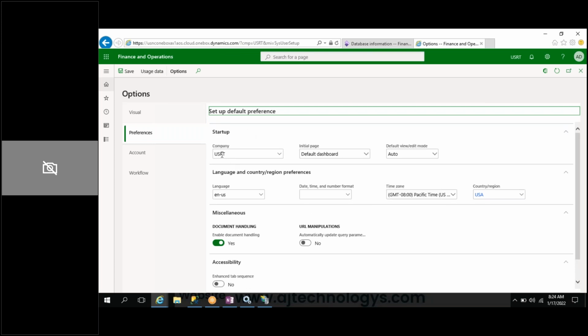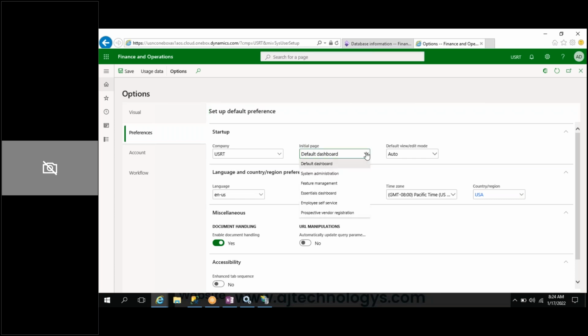The default company is USRT, and for the initial page we have some pages available: the default dashboard, system administration, and feature management. Which page needs to be open by default, we can set up here.